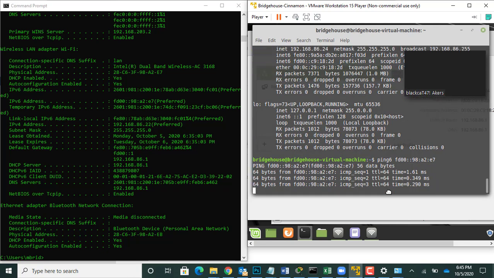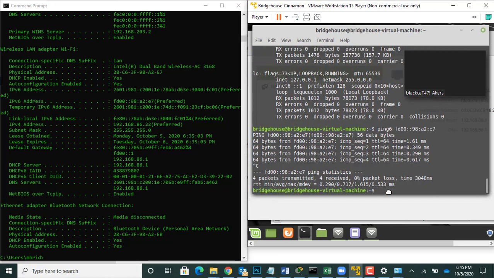And as you can see right there, I was able to ping IP version 6 across my network over to the Windows one. So working with IP version 6 is not any harder or any more difficult than working with IP version 4. And we should be able to come back the other way over here and do